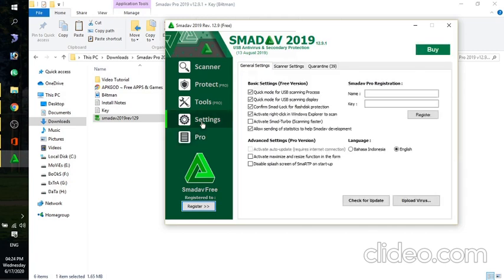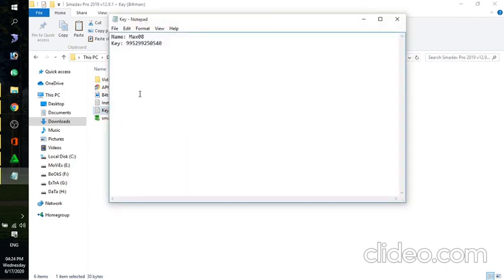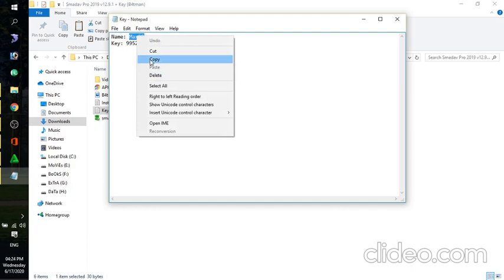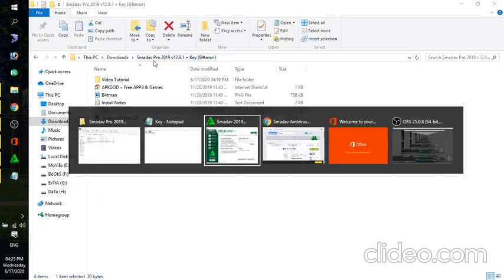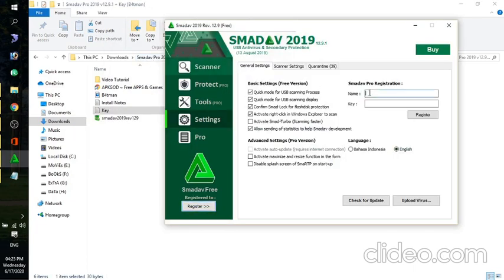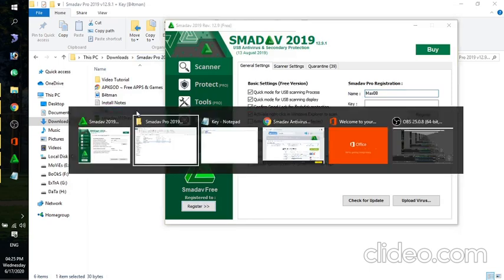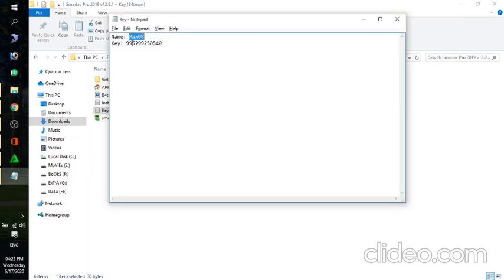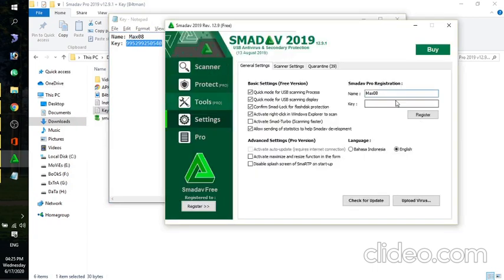So for registering, you have to go through the settings, and if you have a key inside your setup, then just click make a copy of this name and place it in the name field, and then you have to copy the key and just paste it over here.